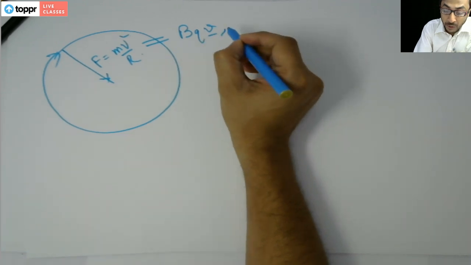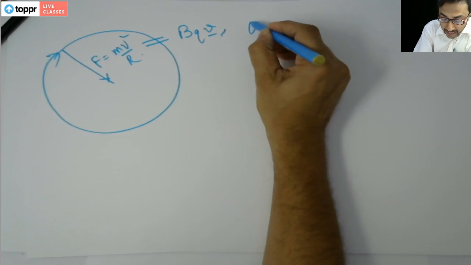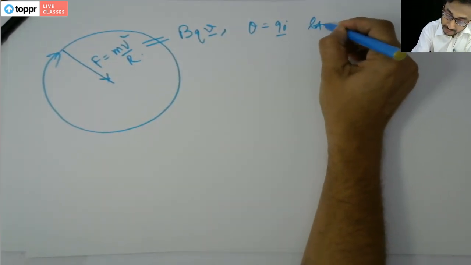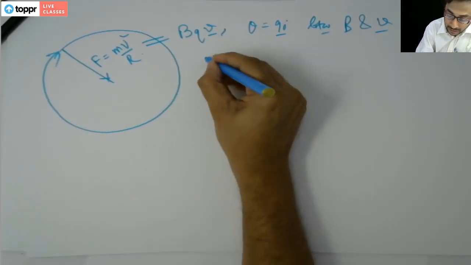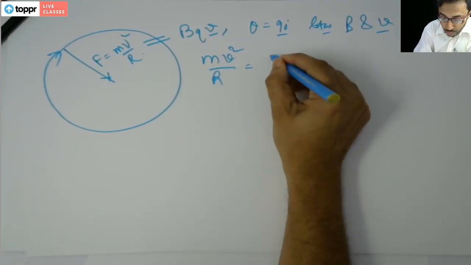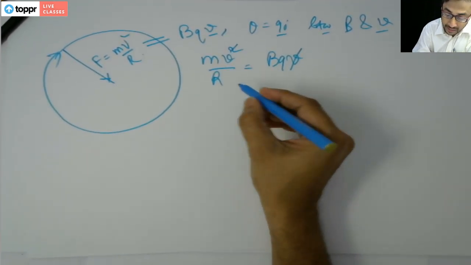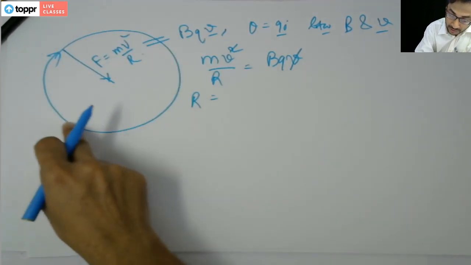In this case, the only thing we need to remember to simplify is that we have taken theta to be 90 degrees, theta between B and V. Now, if mv squared by r equals BQV, V cancels out,